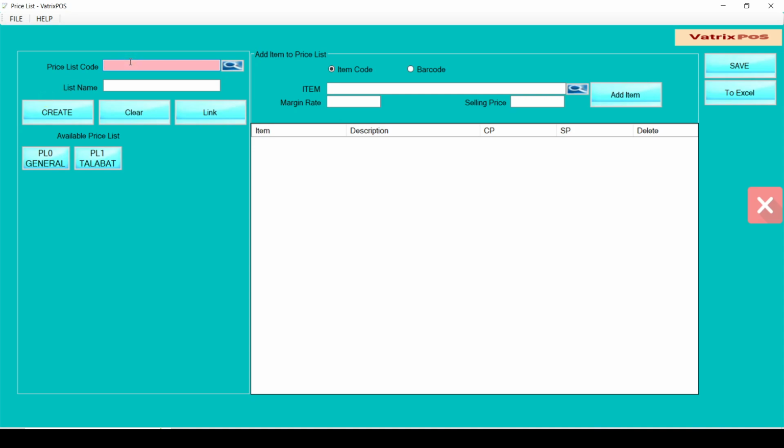Give a price list code. For example, I will give as PL2 and give price list a name. For example, I will give it as Talabat Price List. Then click on create button. Now the price list is created. Click on the Talabat price list